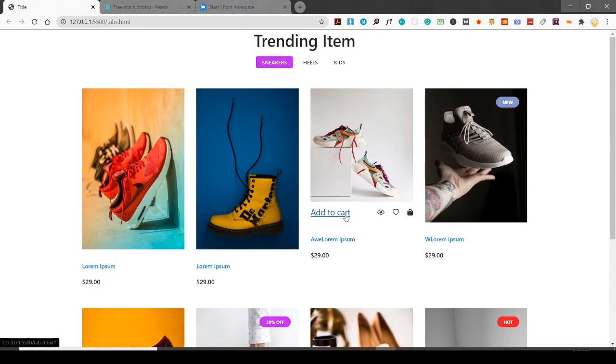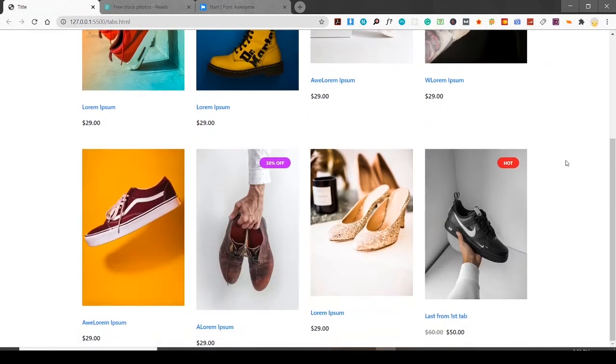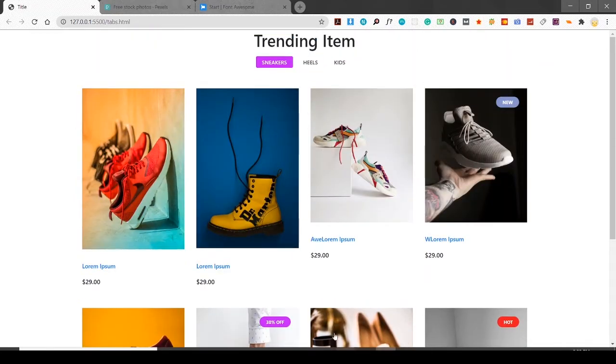The actual size of the image is 550 width and 750 height. Some of the images I haven't finished yet, but some I have done. So I've got all these images from